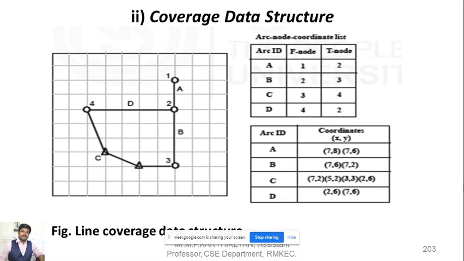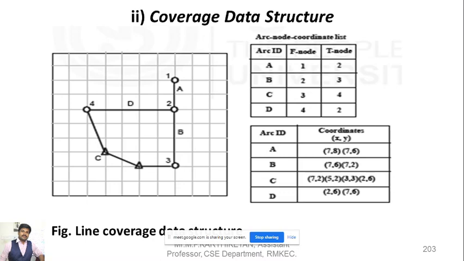It cannot be asked separately for 2 marks, but combined together it may be asked for a single 2 mark question. So this is all about arc topology, line topology and polygon topology. With this we will be completing